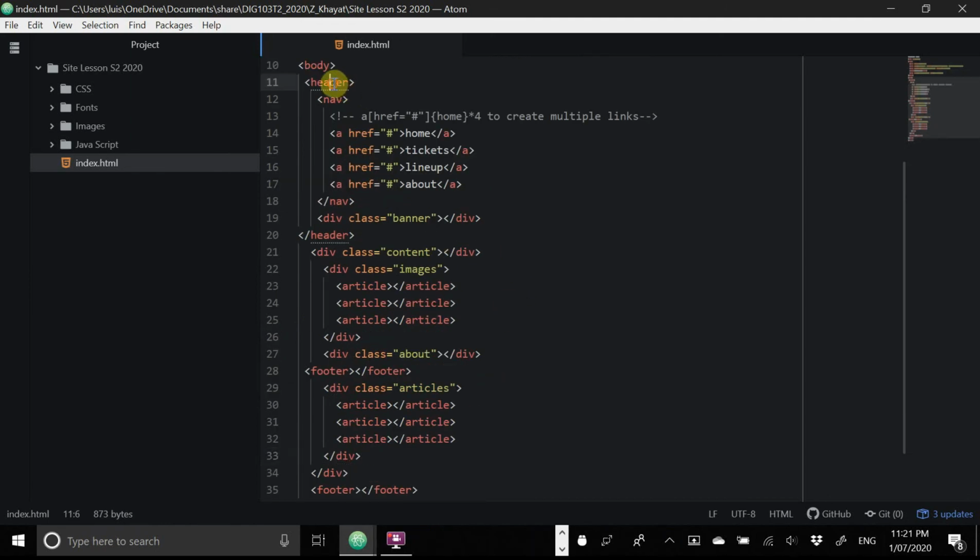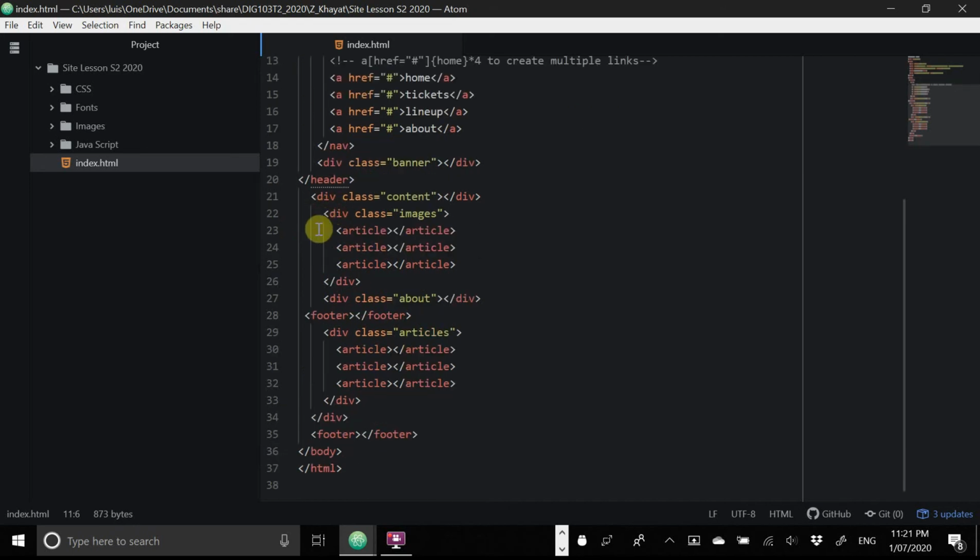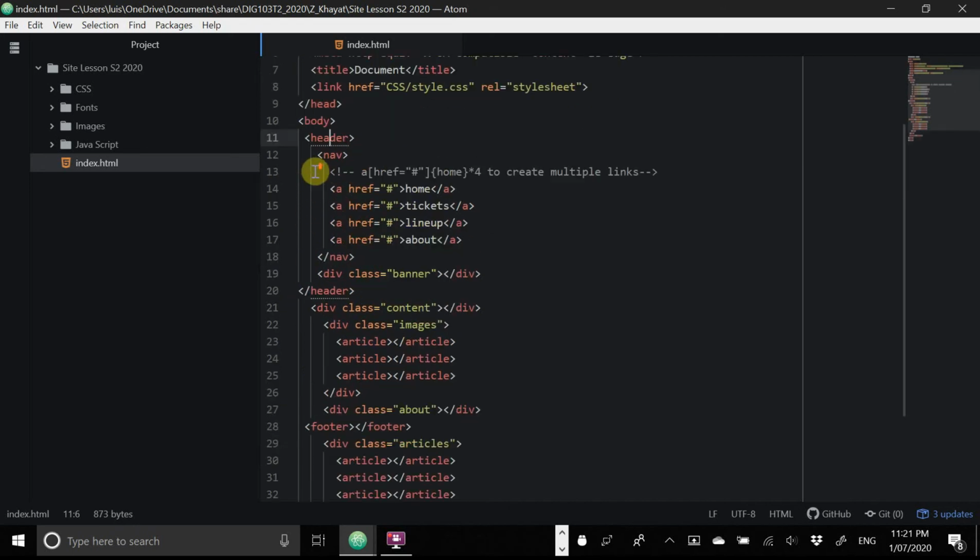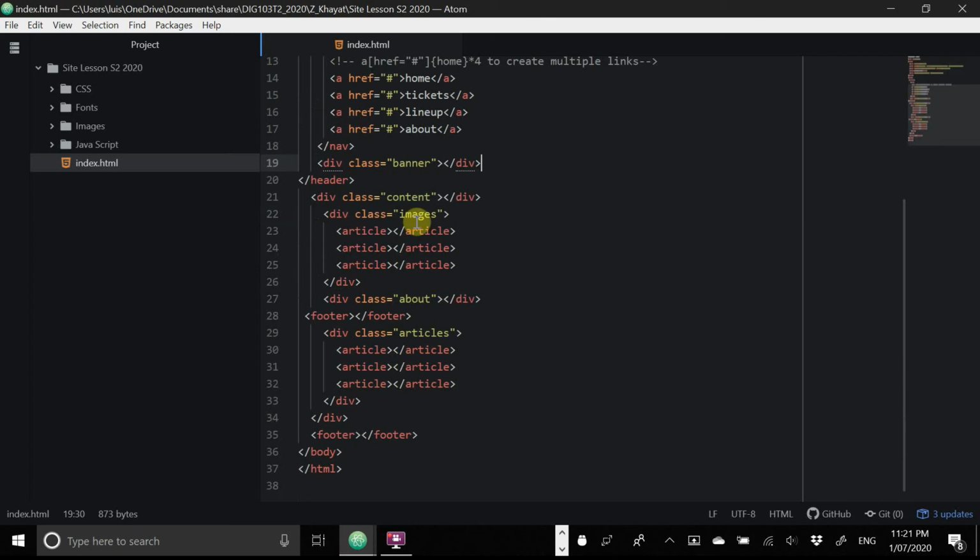So okay, you've got your header, and you can see that these lines drawn kind of tell you what should go with what. For instance, the header has the open tag here and a closed tag right here. Inside of that we've got a nav, and inside we've got the banner, which is correct. Okay, and then if we go into the content,